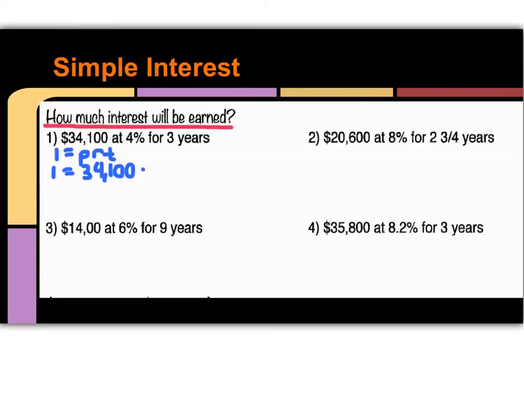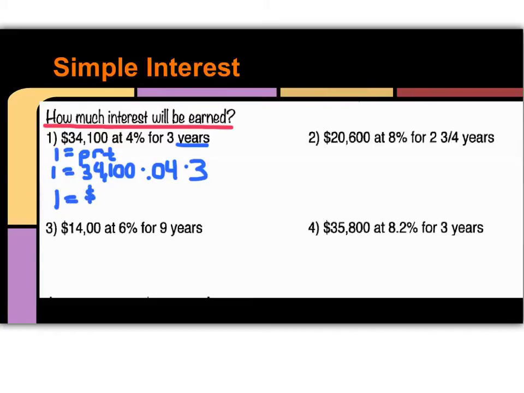Remember, you have to change the rate to a decimal, either by moving the decimal or dividing 4 by 100. You'll get 0.04. And then we multiply that by the time in years, which is 3. When you type in 34,100 times 0.04 times 3, you will get the interest to be